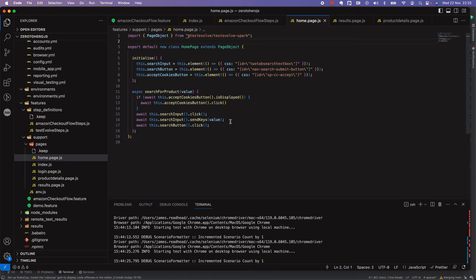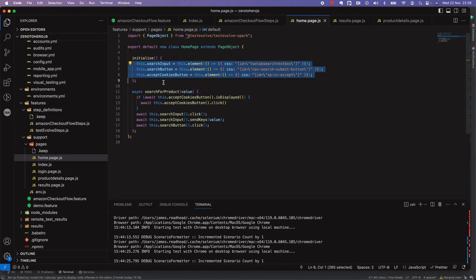So there's 2 things that are going to go on within this page class. This page class represents this page within the application, as does the results page, as does the product details page, and it has 2 main purposes. It's going to allow me to better store my individual page element references. So what do we need for searching for a product? Well, we need the search input, we need the search button. I've added something as well, because what you'll often see when you hit the Amazon homepage, especially in a private browser window,